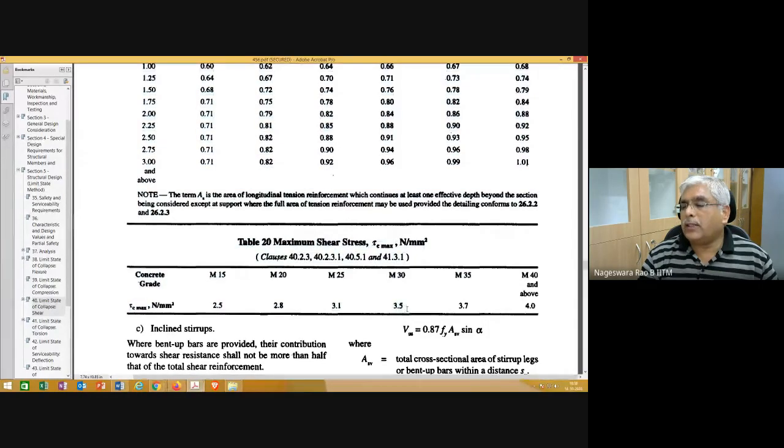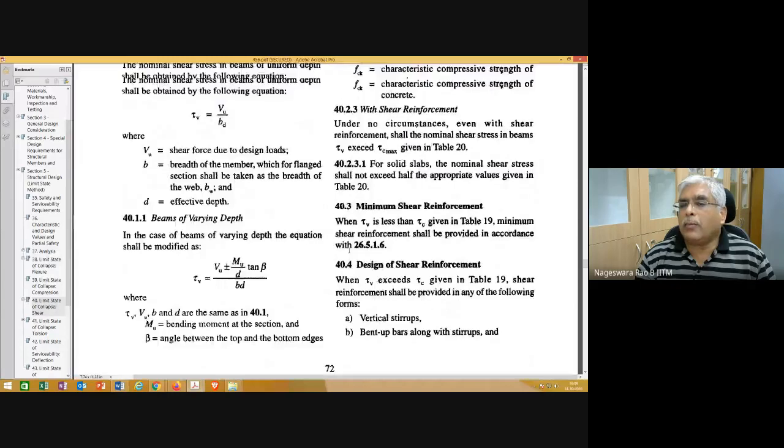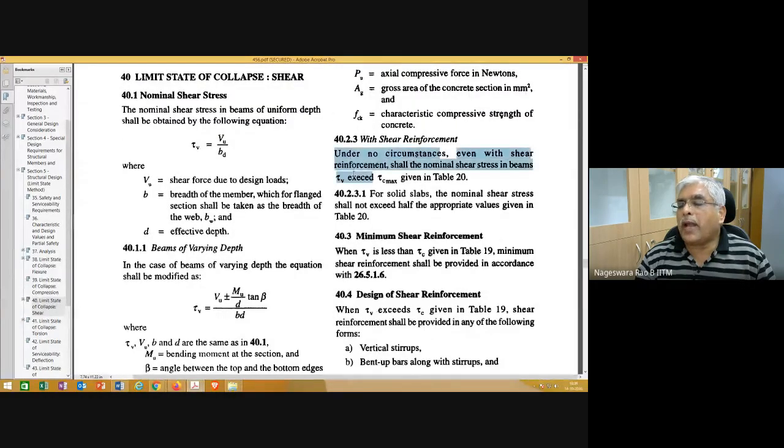you cannot exceed this value. Where can this be used? When you are analyzing a section, suppose shear reinforcement details are also given to you, and based on the shear reinforcement provided, you want to estimate the shear capacity of that section, you can make use of this information. So you need to make use of this maximum shear stress. Anyway, you will get a better idea when we solve some problems. So that is some information about tau c max.